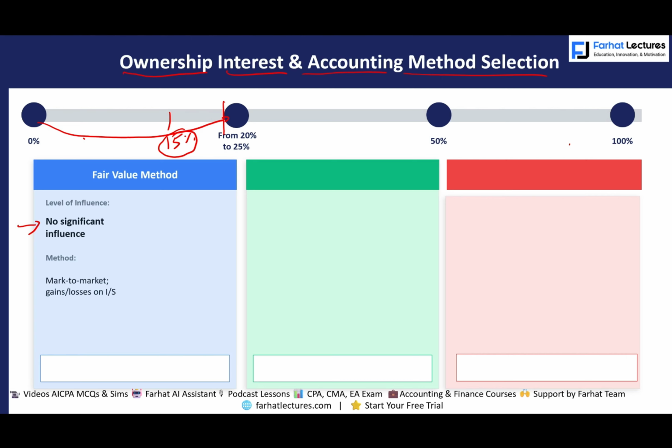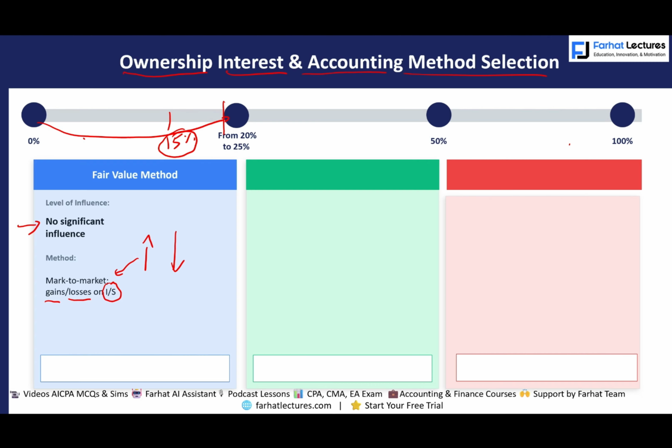Then what we have to do is mark the investment to market. What does that mean? If you bought the stock and the stock went up in value, you would mark it to market. You will have what's called an unrealized gain. If that investment went down in value, you will have an unrealized loss. What else do you need to know? The unrealized gain and the unrealized loss are recorded on the income statement. They go through earnings, and that's very important.